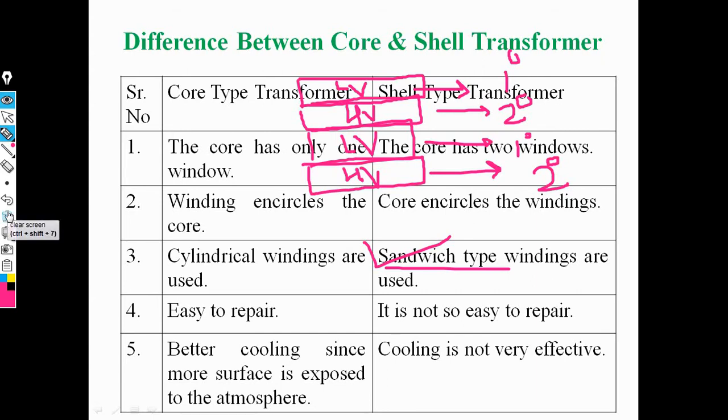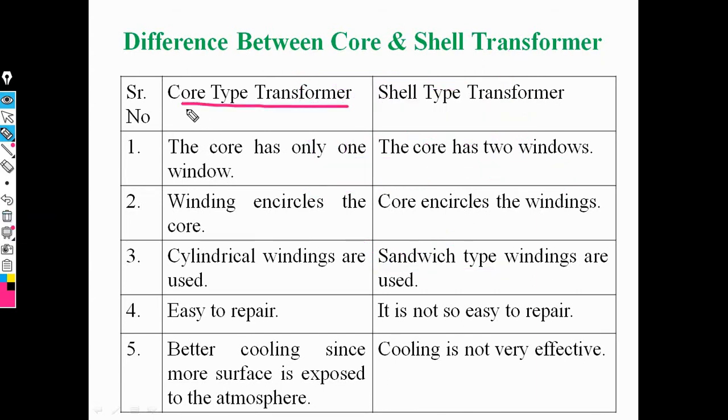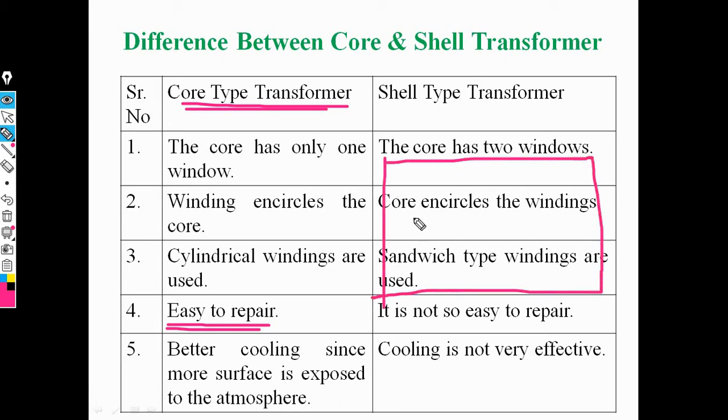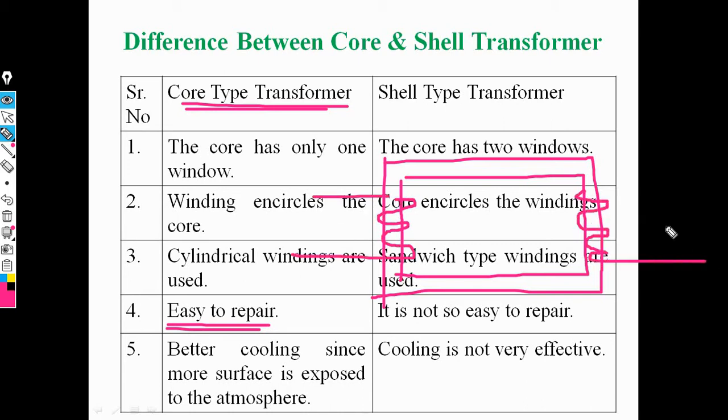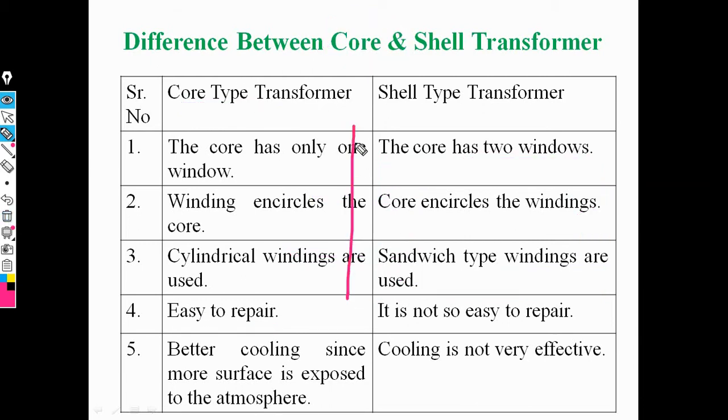Then, the core type transformer is easy to repair because the winding is placed on the side of the limb. Here is the core type transformer diagram. We will draw one diagram for the core type transformer. The winding is placed on the side of the limb. This is the secondary winding, S for secondary and P for primary, and this winding is easy to repair in the core type transformer,